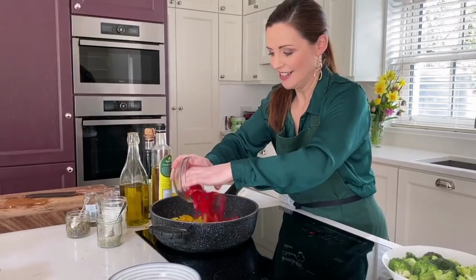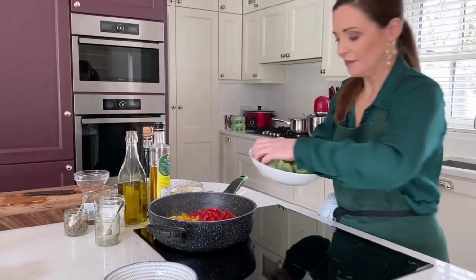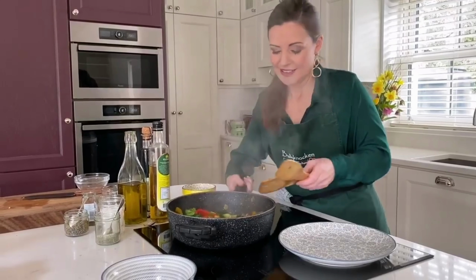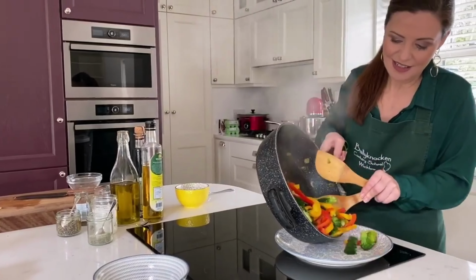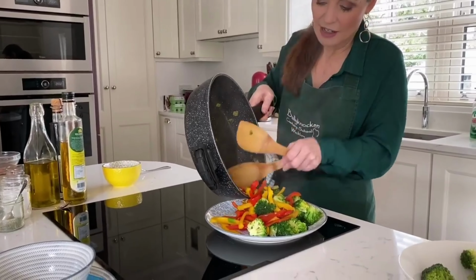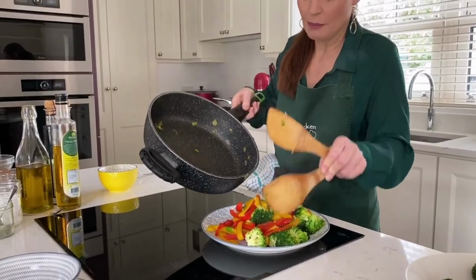Peppers and broccoli. Here she goes. Look at that for colour. So there's still a lovely bit of colour in it, but it's lost its really sharp crunch, which will make it beautiful